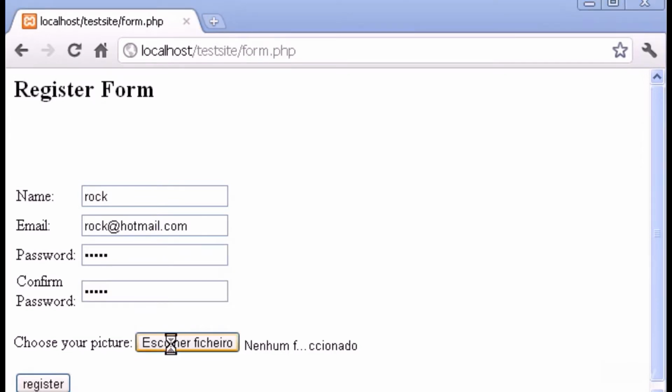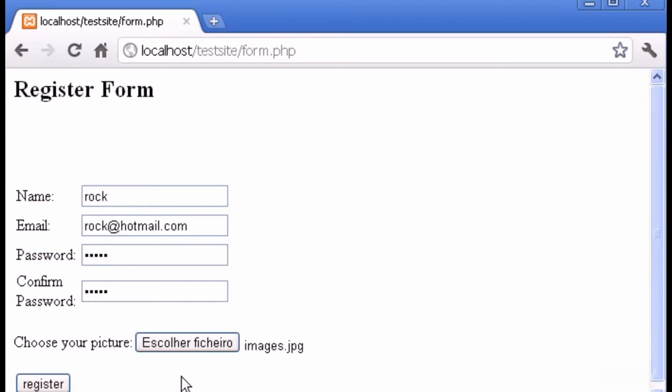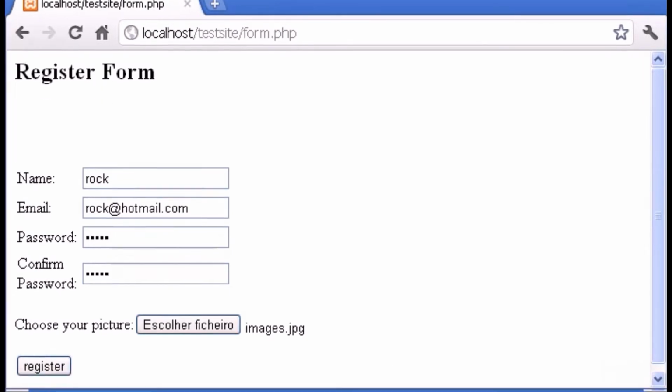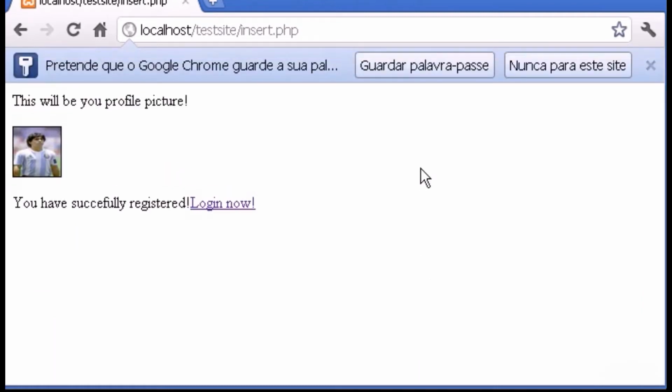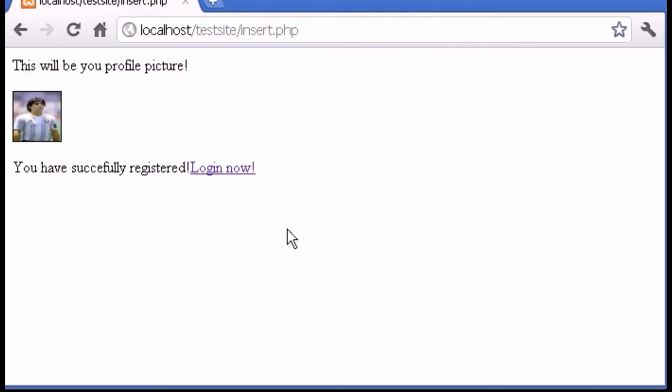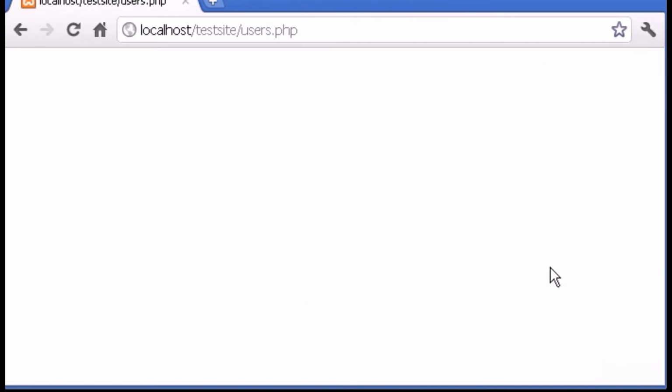Choose picture, images, JPG, open, and let's go here, register. Okay, perfect, and login now. So rock, 12345, login, and okay,